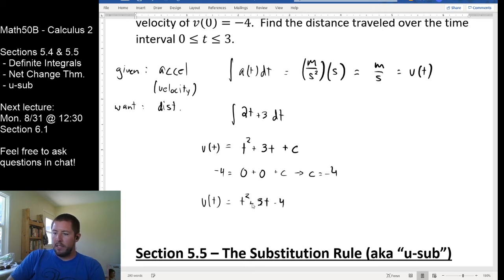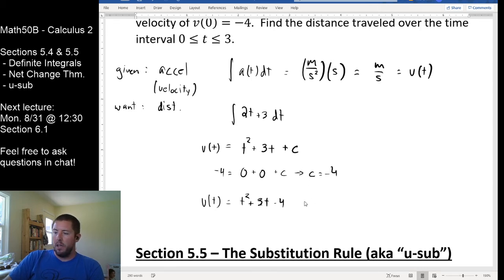I've got my full velocity equation here. Now I can use my velocity to get to distance. I can take another integral to get my velocity down to distance here. And notice in this case, rather than trying to come up with a general equation for distance, I specifically want to know how much distance was traveled over a given time. So this is now going to be